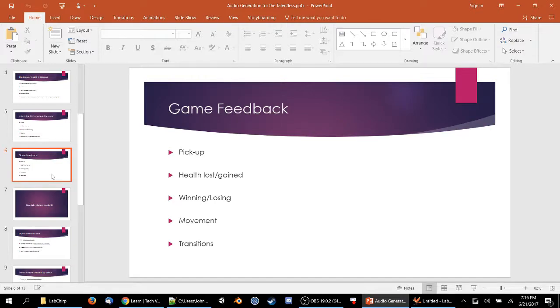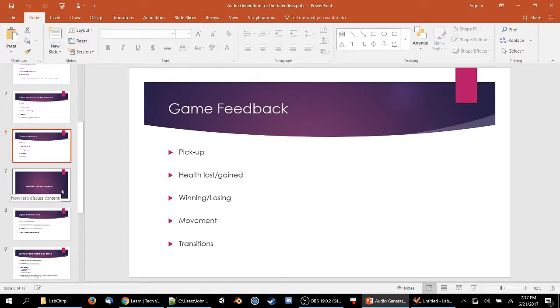And movement. Are you walking around on grass? Are you walking around on stone? Are you riding Yoshi? Because in Super Mario World, when you jump on Yoshi, suddenly the sound changes. My experience with games is kind of sporadic, I'll admit it. And transitions: changes in levels, going through a door, that kind of thing. So, enough about why you might want sound and things to think about with sound.